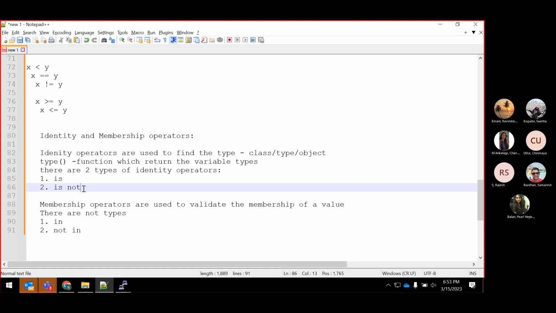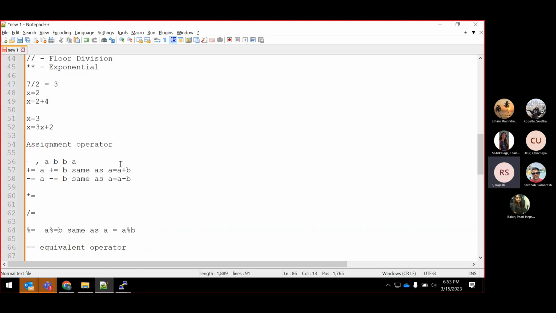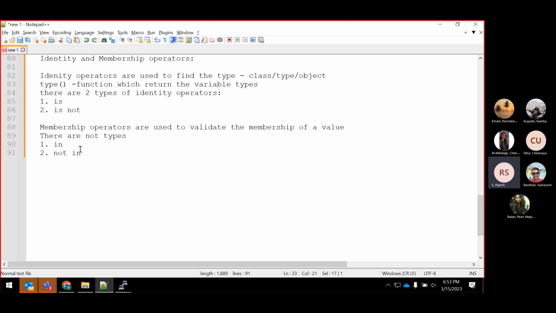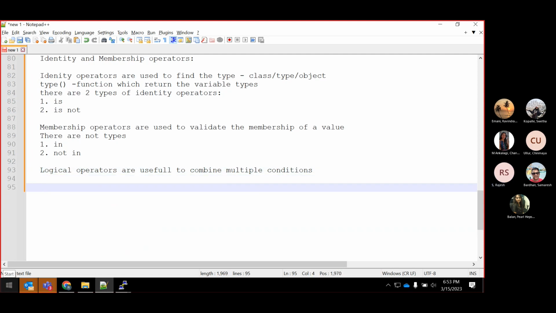Okay, so then what else do we have? Next is the logical operator. It takes true or false as input, performs the operation on the input, and gives either true or false. Basically, guys, logical operators are useful to combine multiple conditions. For example,